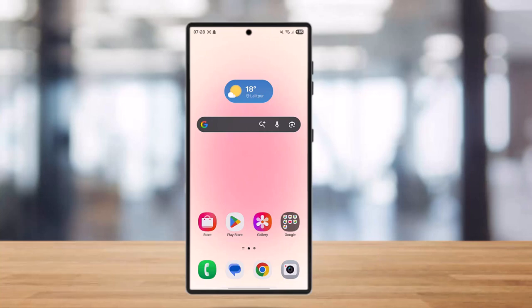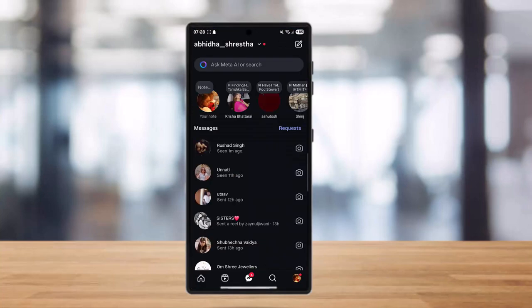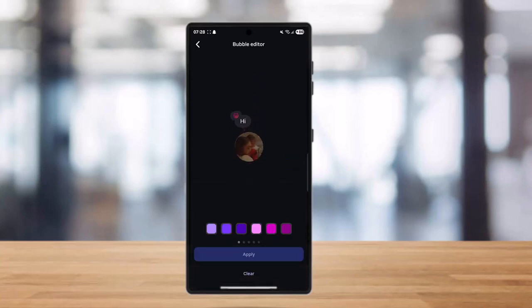So if you want to change your Instagram's note color, all you gotta do is simply open your Instagram and slide open to your DMs. Once you find this, find the option called note. Once you find the note, you can simply type your note right there and simply press and hold that particular note